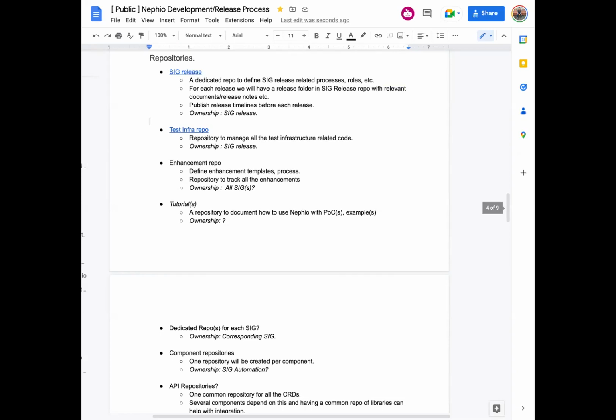Regarding that point you just noted down, Arvind, I was thinking the same thing for each release. A couple of ideas are coming to my mind. One is just like what you wrote, a release folder in the SIG release repo. The other thing is, should we have a dedicated repo for the release artifacts? In the sense that,